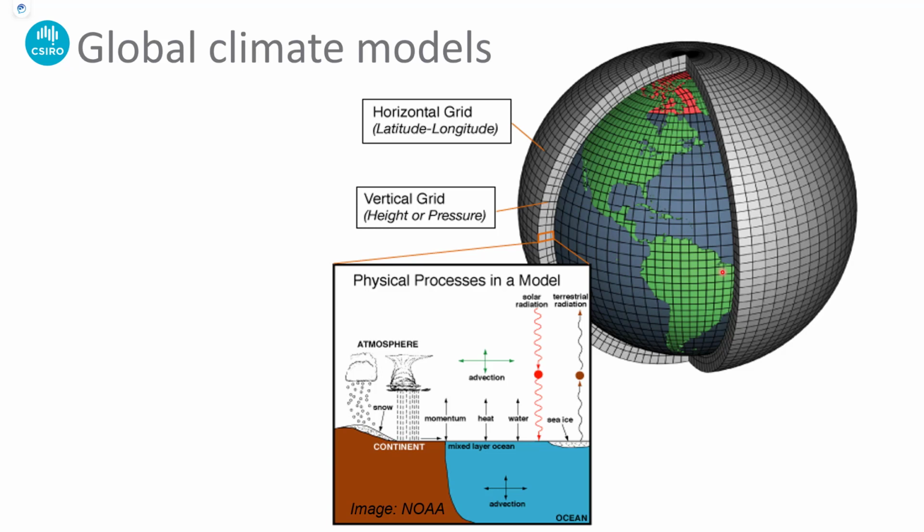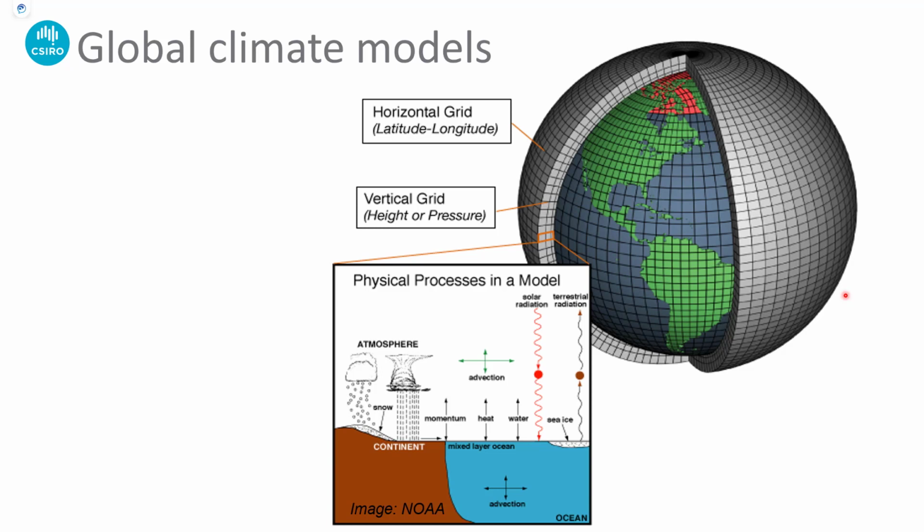And then it steps forward in time and does it all again, takes the data from the previous step into the next step, recomputes all of those equations, and has an understanding, a representation of the state of the climate at that point in time, and then steps forward in time again and again and again. Those time steps might be 15 minutes, 30 minutes, maybe longer, maybe less, but they basically step through like that in a sequence, and then you can run that through for decades or centuries or even millennia if you have the computational capacity. So that's fine.